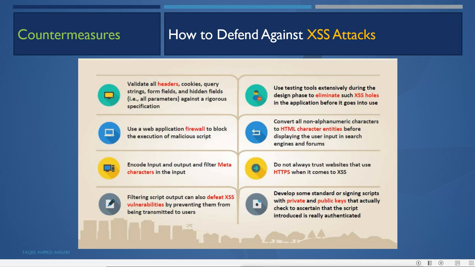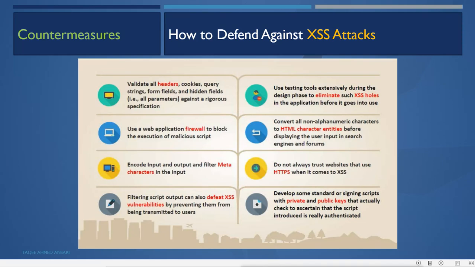Encode input and output and filter meta characters in the input field. Whatever input and output comes in should be encoded, and all the meta characters in the input field should be filtered.